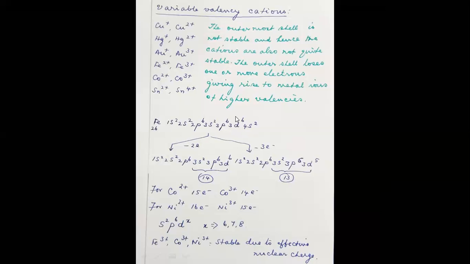Now look at this 3d6. 3d6 is actually a partially filled electronic configuration, because a d orbital can accommodate 10 electrons to the maximum, because it has 5 lobes. Each lobe can accommodate 2 electrons. So 5 is half filled, 6 is partially filled. The 4s2